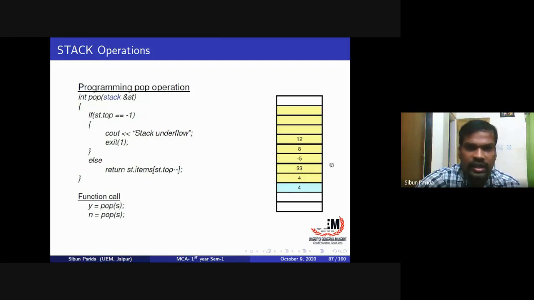Now when it reruns, then this 4 will come out and this pointer will be initialized to -1, so that no further removal or popping element can be done using this stack data structure. Okay, so two conditions: stack overflow, stack underflow. Overflow means when it reaches the maximum size -1 because it starts from 0, and for popping, underflow means you have to check whether the stack top pointer is equal to -1 or not. Okay,